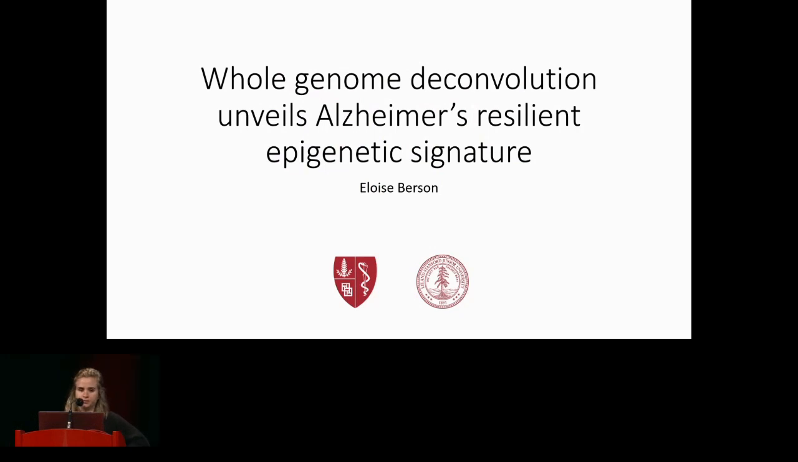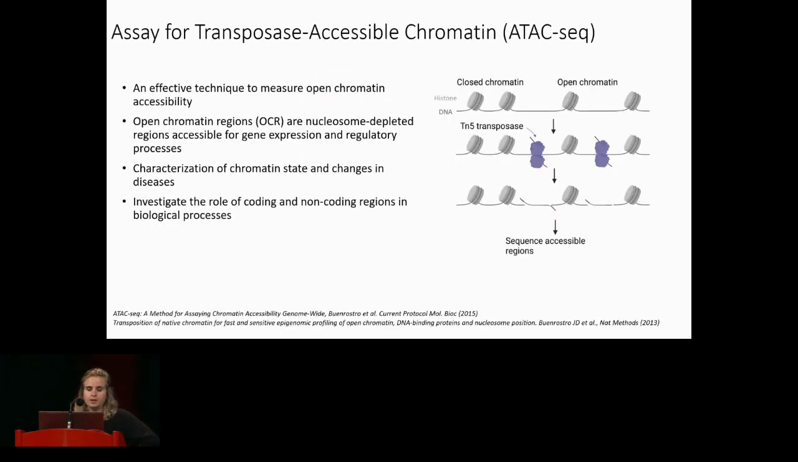Today I'm very honored to present our work about whole genome deconvolution unveils Alzheimer resilient epigenetic signature. So, assay for transposase-accessible chromatin, or ATAC-seq, is an effective technique to measure open chromatin accessibility. The open chromatin regions are nucleosome-depleted regions accessible for gene expression and regulatory processes. ATAC-seq enabled us to characterize chromatin state and changes in diseases and investigate the role of coding and non-coding regions in